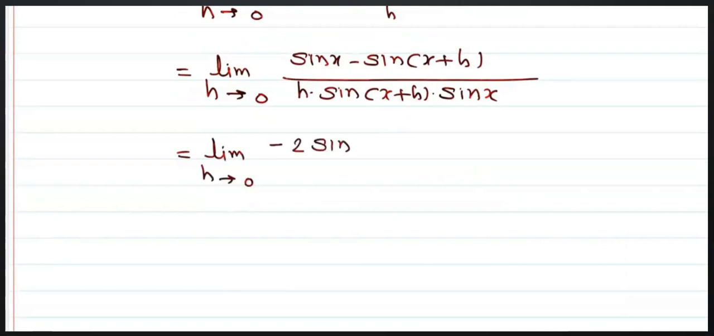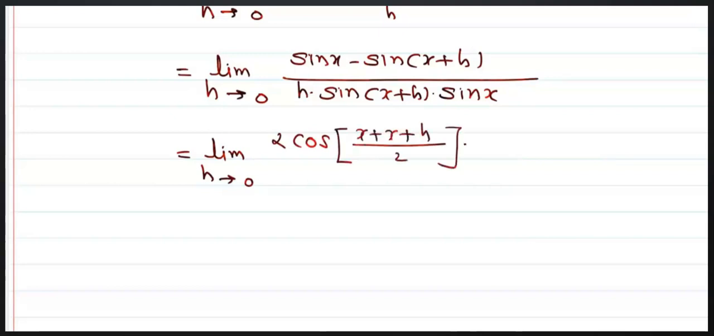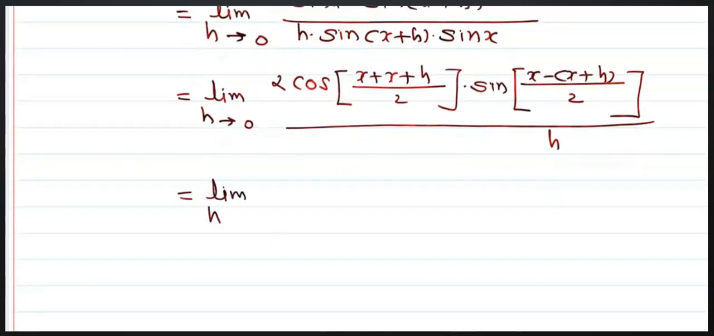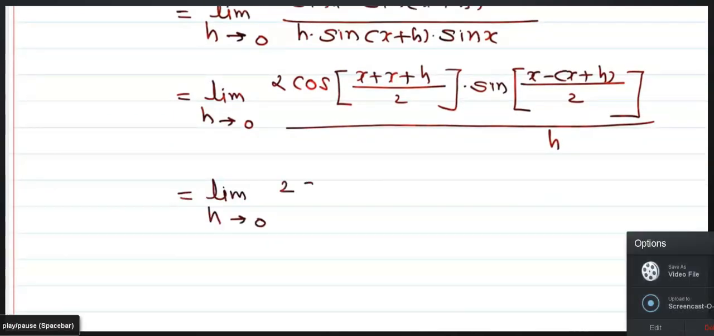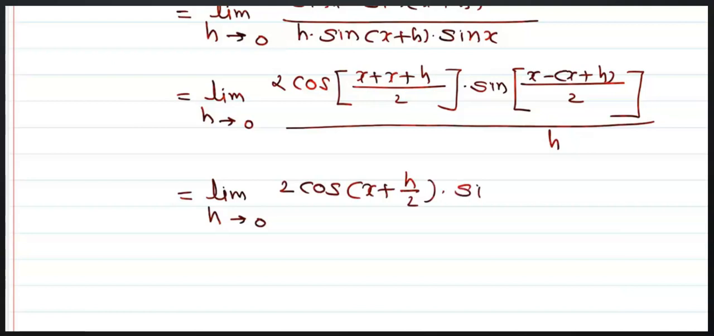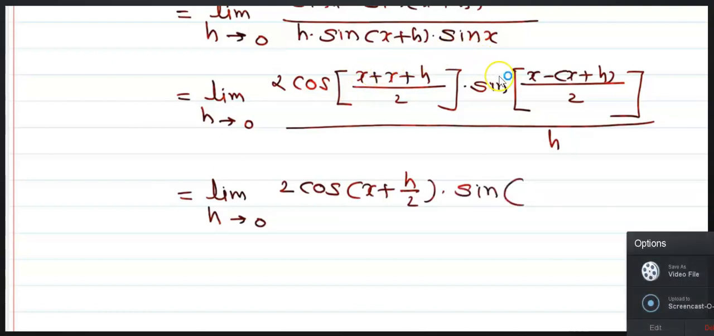Sine C minus sine D is equal to 2 times cos of (C plus D) upon 2 into sine of (C minus D) upon 2. Therefore, here that is (x plus h) and 2x plus h upon 2. Therefore, 2 times cos of (x plus h) upon 2 into... Now here if we open the bracket, then plus x minus x will get cancelled. Then you will get minus sine of h upon 2